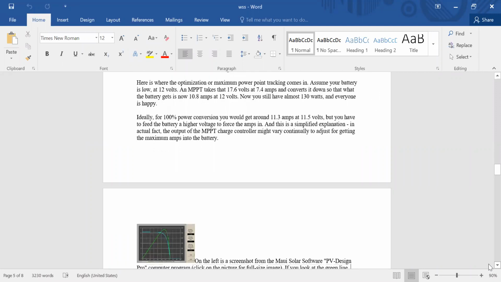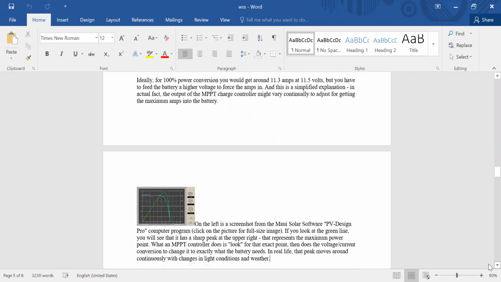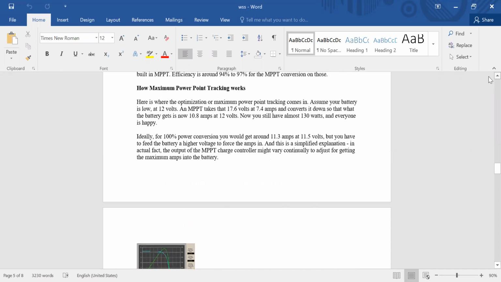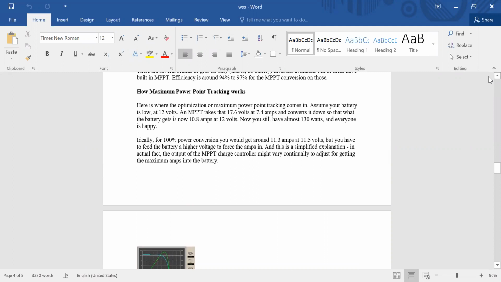Just see where the optimization, the maximum power tracking, comes in. Assume our battery is low, at 12 volts. The maximum power point tracking takes the panel's 17.6 volts at 7.4 amperes and converts it down.